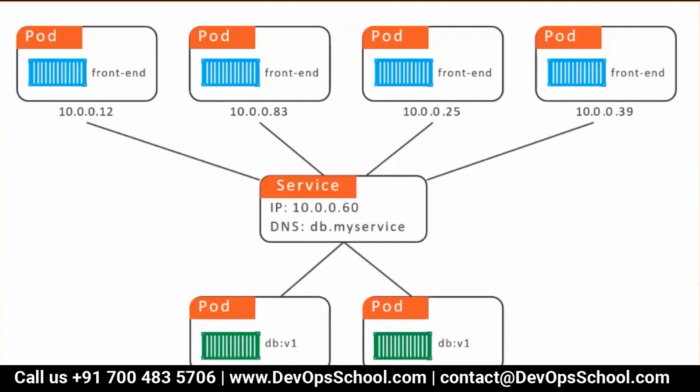Okay, so you have 4 front ends and 2 backend databases. For that you have one service, and all the front ends will talk to this service. A service will have an IP address and DNS name that can be accessed anywhere in the cluster. I repeat, anywhere in the cluster it can be accessed. So that is called a service. Now you understood that a service is just like your network load balancer. Guys, did you understand that? Any questions so far?